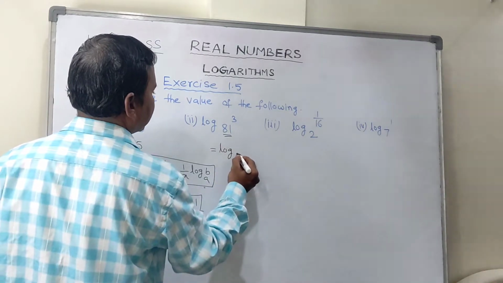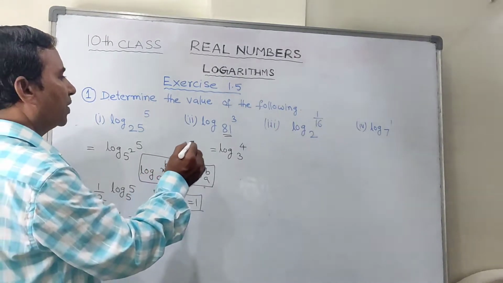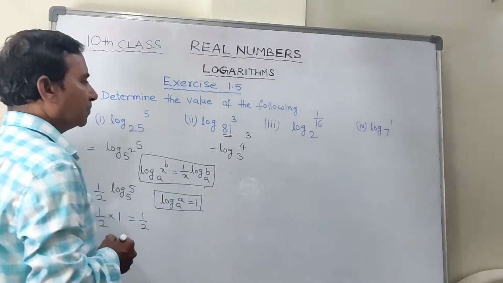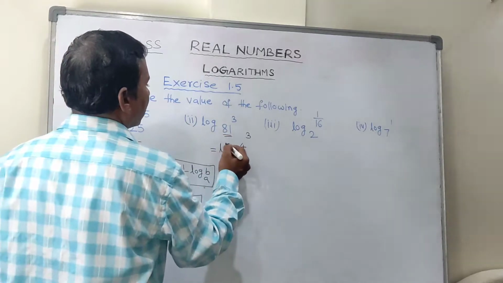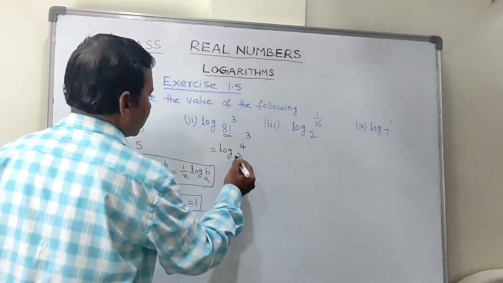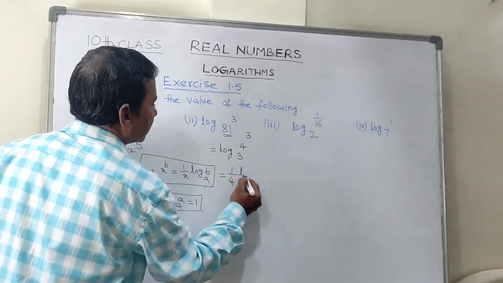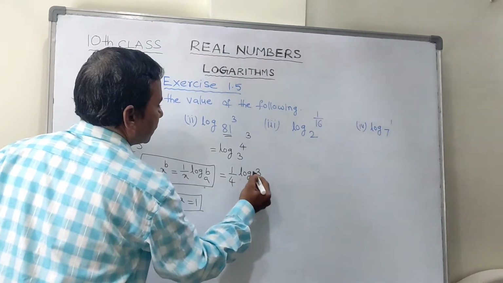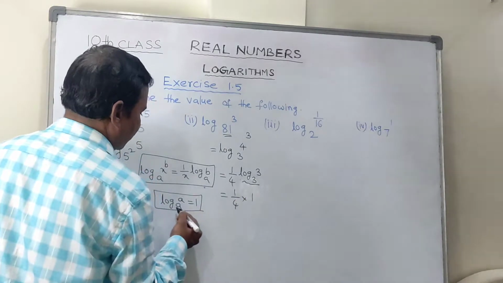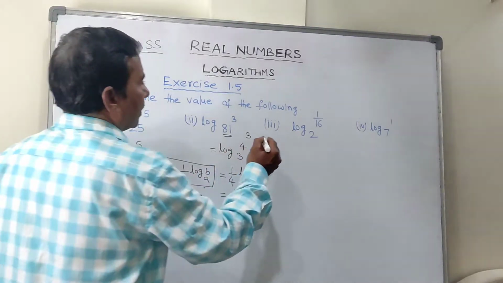How can we write 81? 81 we can write in the exponent form like 3 power 4. And here, log 81 to the base 3, we are writing 3 to the power of 4. So this is also the same formula, 1 by 4 we can write log 3 to the base 3. So 1 by 4 into this becomes 1, same formula, 1 by 4 into 1 is 1 by 4. Clear? Here also